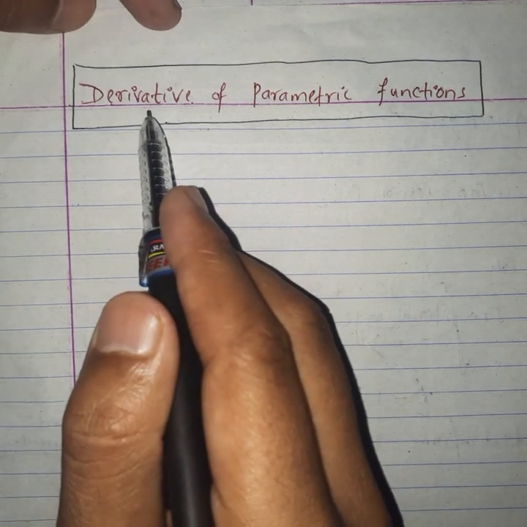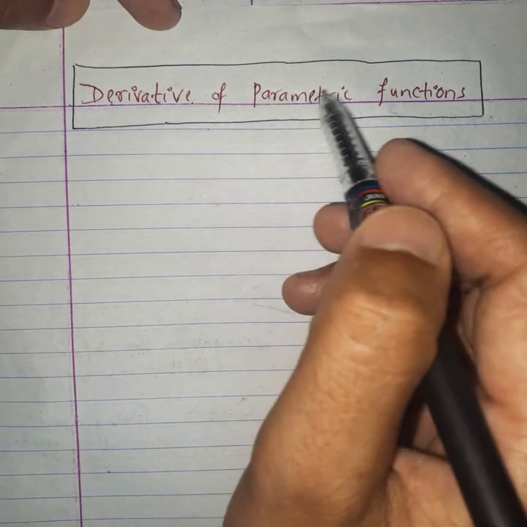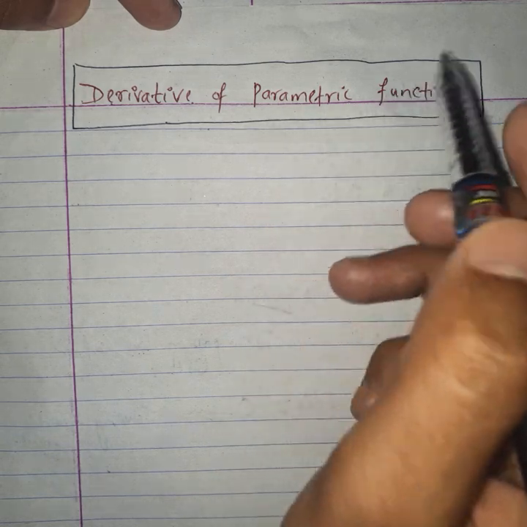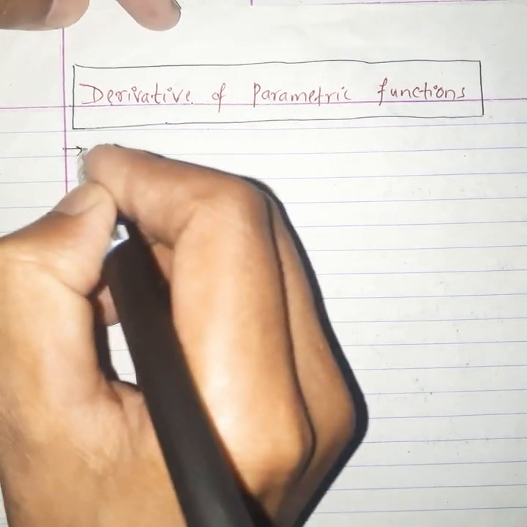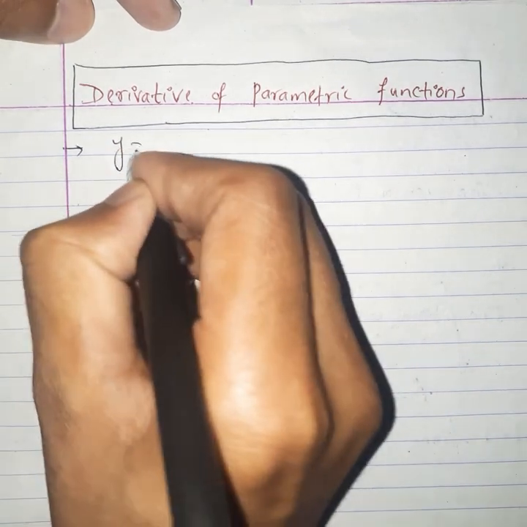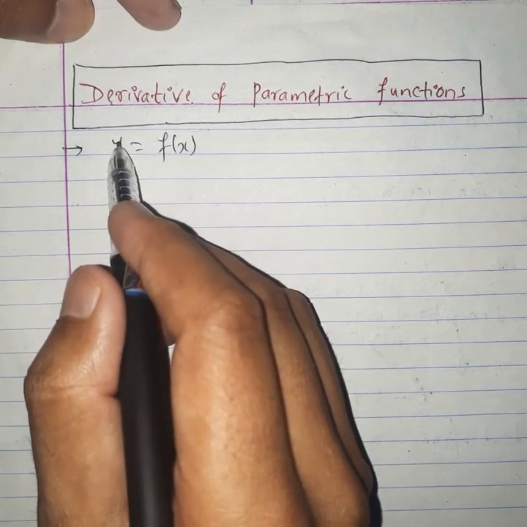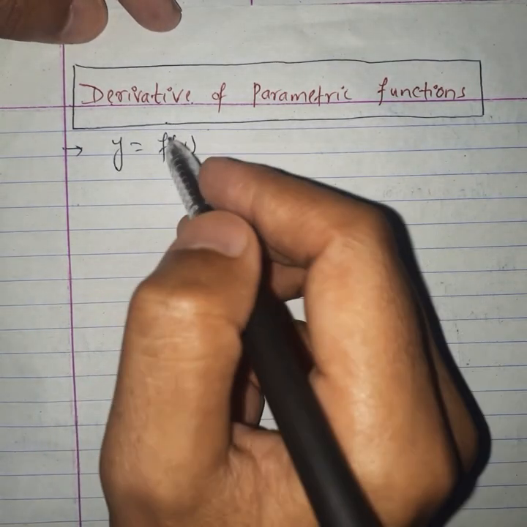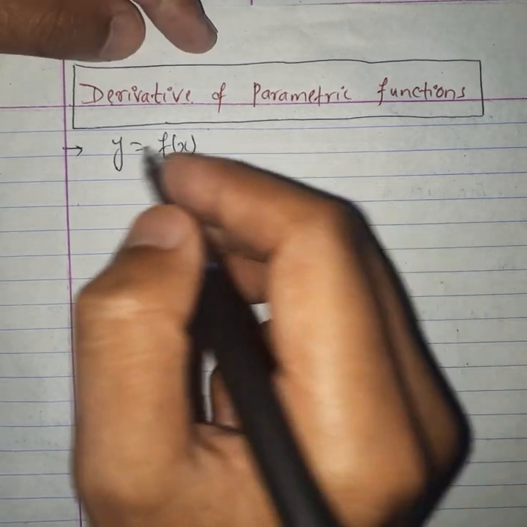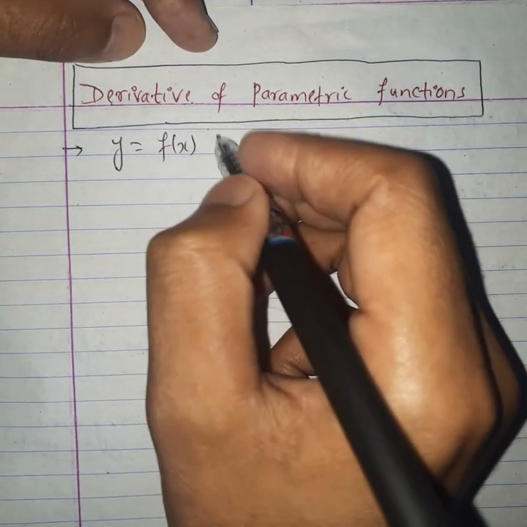This is our today's topic, derivative of the parametric function. Before moving to the differentiation of the parametric function, first of all, let's define what is the parametric function. Let me write the definition of the parametric function. Let's take a function y is equal to f of x. Here x is an input and the output of f is y. Here the function f is y equals f of x. And this function y equals f of x is said to be